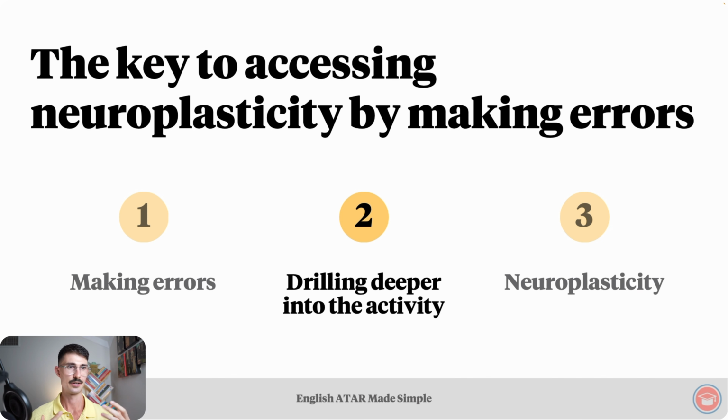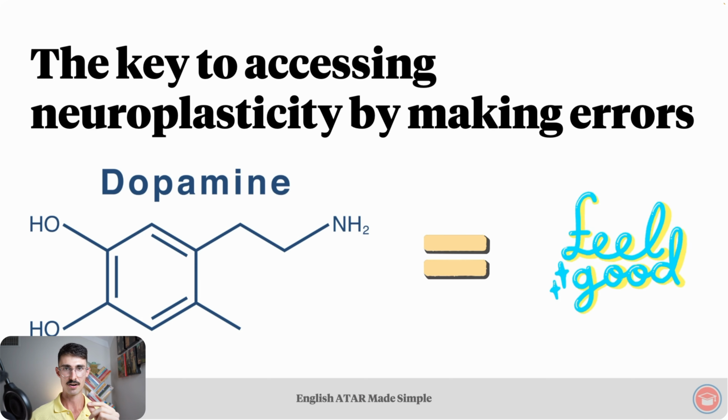One example is you're a tennis player, you're trying to nail your topspin serve, and it either just keeps going into the net, it keeps going out, or it just keeps hitting the frame of your racket, and you're getting so frustrated. You're just getting in your head. The key here to eventually get to that point of neuroplasticity, to remember and learn how to nail the topspin serve, is to just keep drilling deeper into the practice. If you make an error and then continue performing the learning activity, regardless of what it is, tennis, English, ATAR, whatever, until you get it